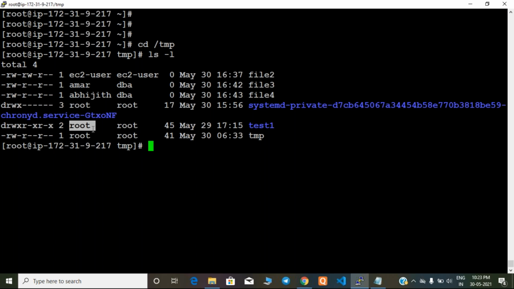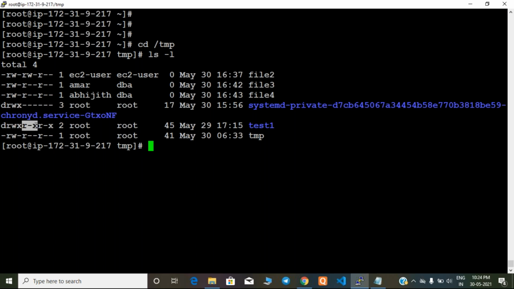Now, owner permissions. What are the owner permissions we have? Read, write, execute. x is nothing but execute, guys. For directories, execute is also required. Read is for the ls permission and execute is for the cd command, both required, right? Write is for modifications and deletions. Owner has read, write, execute, full permission. Who is the owner? Root. When root logs in, he has full rights.